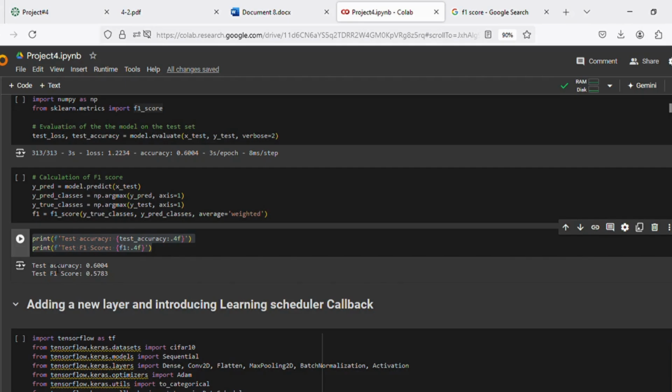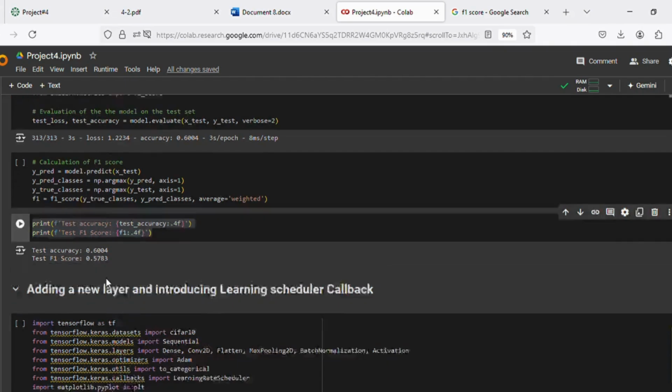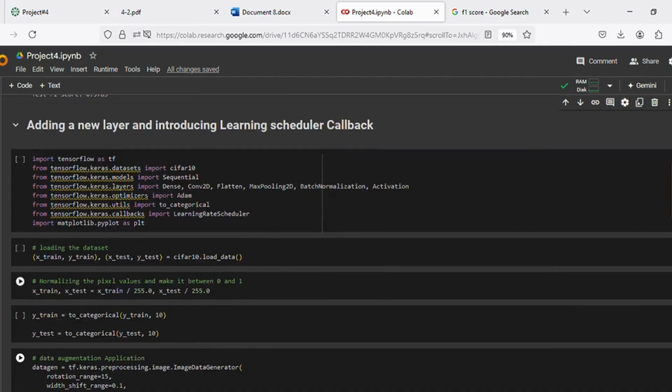The test accuracy is 0.6004, and the test F1 score is 0.5783. So let's move now to adding a new layer and introducing the learning